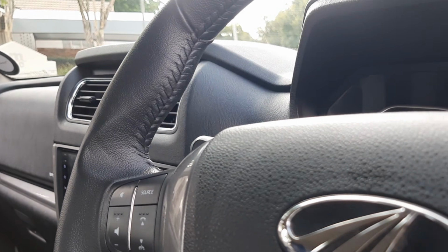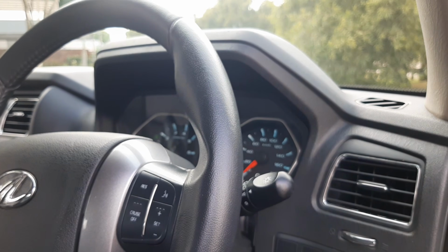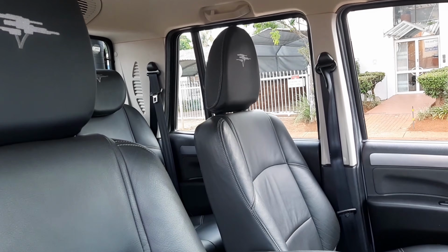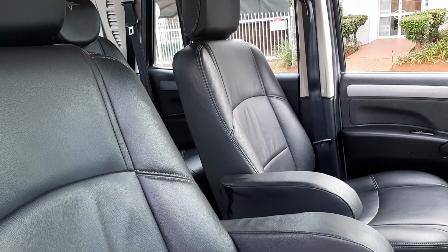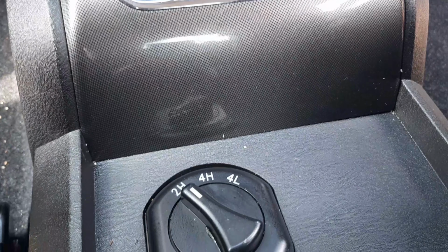The steering wheel does have your normal media controls with cruise control as well, which is a nice touch. And up front, the car also has leather seats, which is really a nice touch. And in this model, we have that Karoo tree on the headrests, which I like a lot. And when it comes to the center console, we have your 4x4 drive selector,